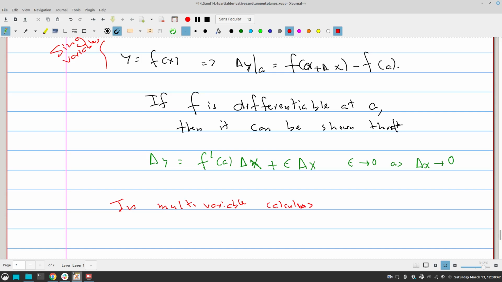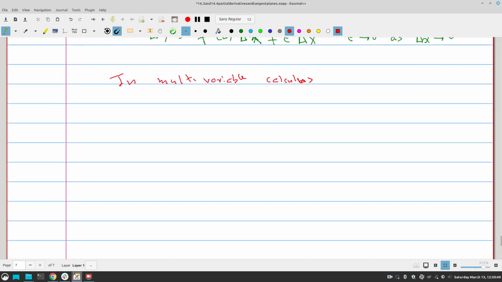So I am given z equals f(x, y). Now, how do we define the notion of differentiability in multivariable calculus? So if z equals f(x, y), then f is differentiable at (a, b)